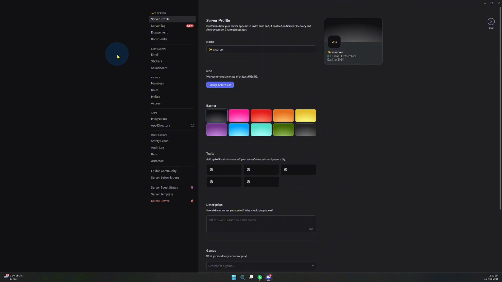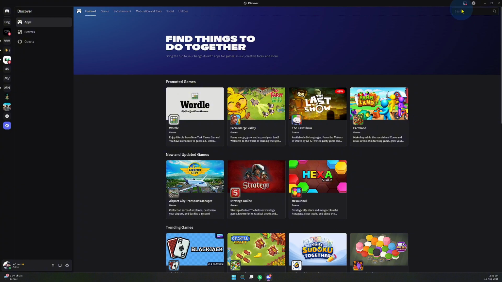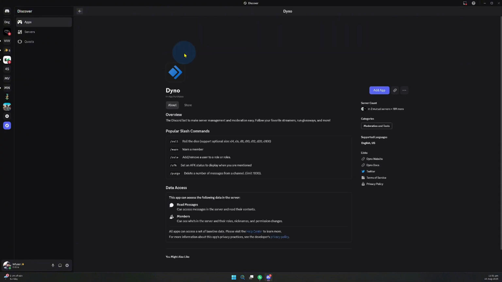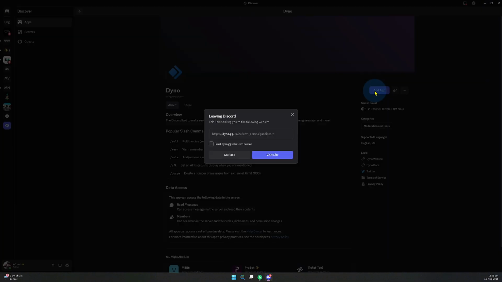Once we are there, you can see we got a lot of stuff going on. So what we need to do here is head over to the app directory, which can be found under the apps section. Once you're there, head over to your search bar on the top right side and search for Dyno. This is a server management tool that makes it really easy to manage things like welcome messages and such settings inside our server. So click onto that and click on this add app option,